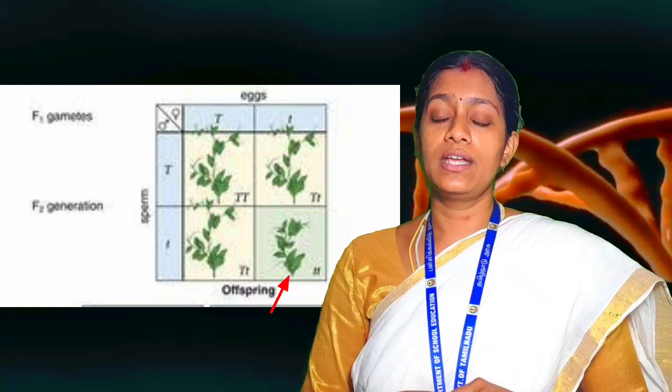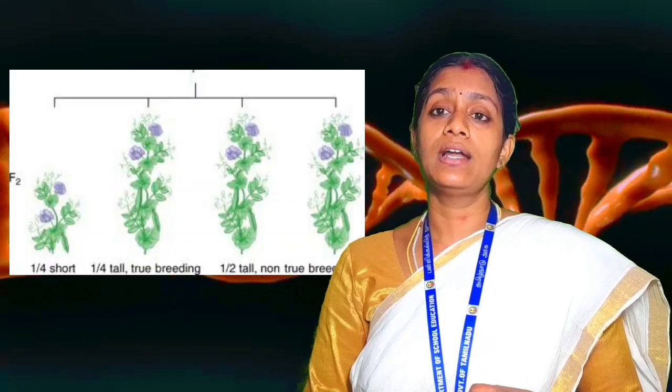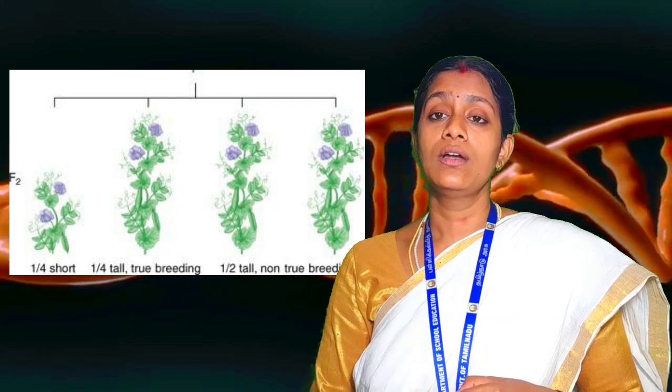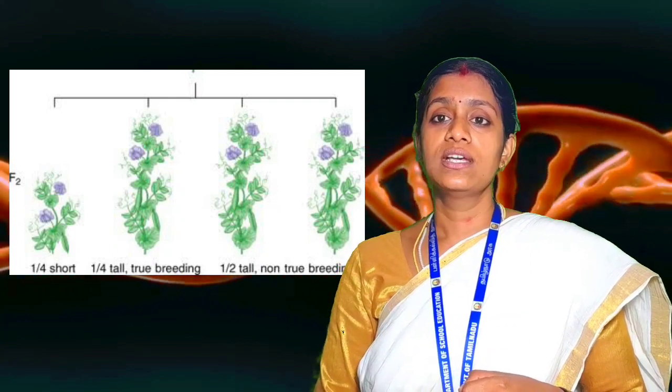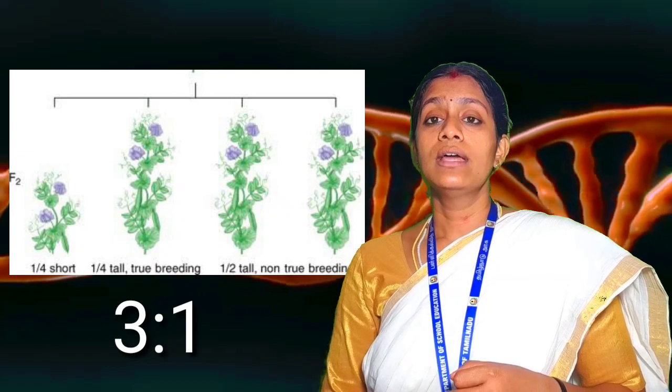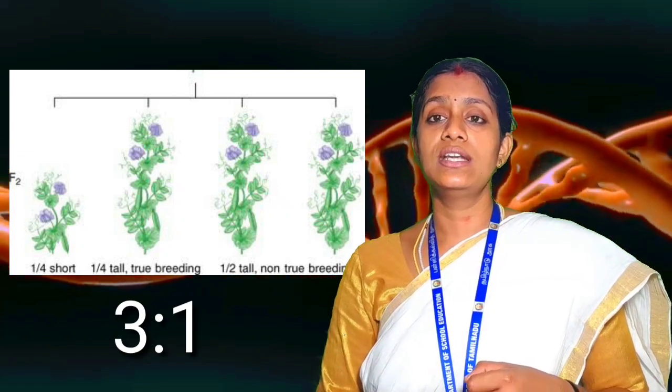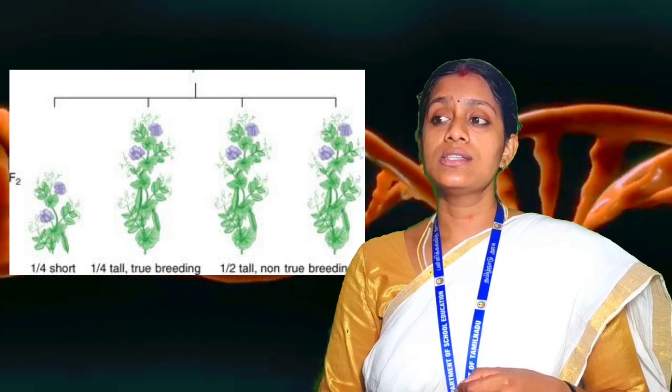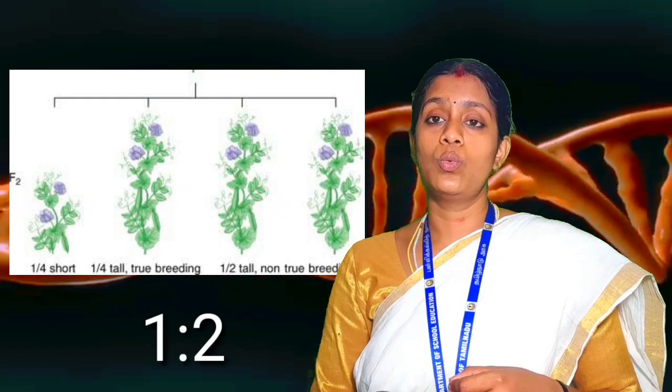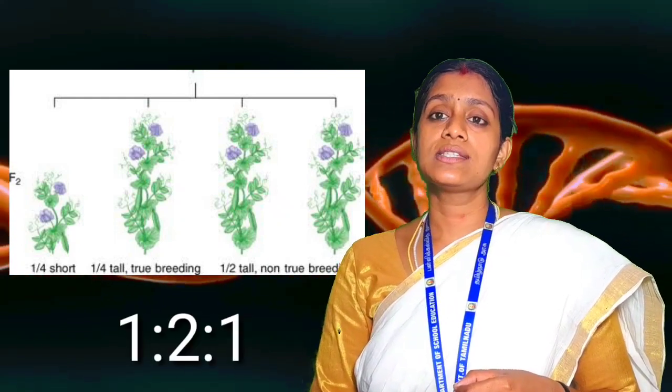Regarding the phenotypic ratio, since tallness is the dominant trait, it is expressed most, and we have 3 plants with tall character and 1 plant with dwarf character. So the phenotypic ratio is 3:1. Then the genotypic ratio, that is the genetic expression of the character, is 1:2:1, which can be represented as 1 pure breeding tall variety, 2 heterozygous hybrid tall variety and 1 dwarf variety.